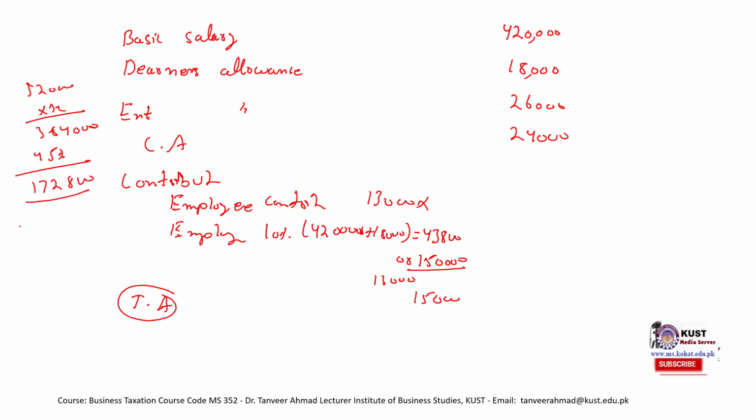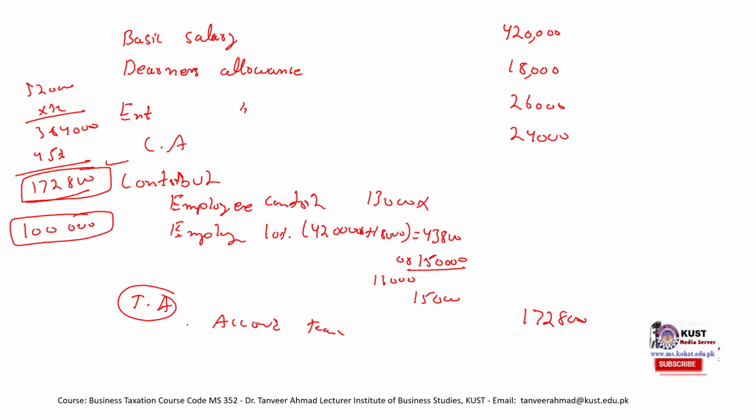And remember, there was a rule that whichever is higher, the amount that would be paid if he had not been provided accommodation, or 45% of the minimum of the basic scale, whichever is higher. In this case, this amount is higher, so it would be included as accommodation facility. So this would be 1,72,800.